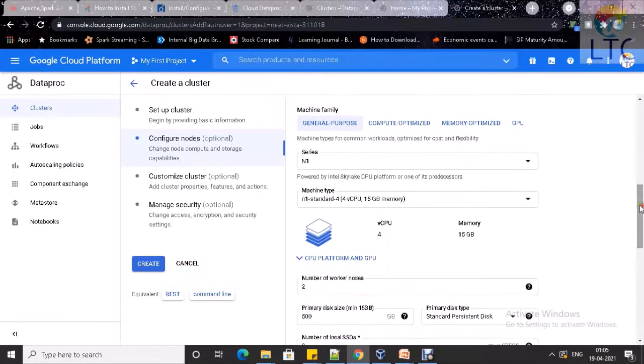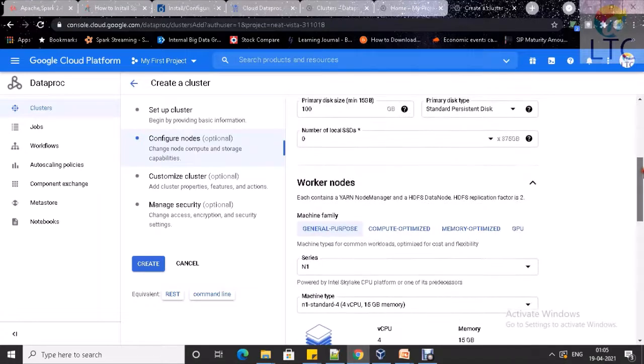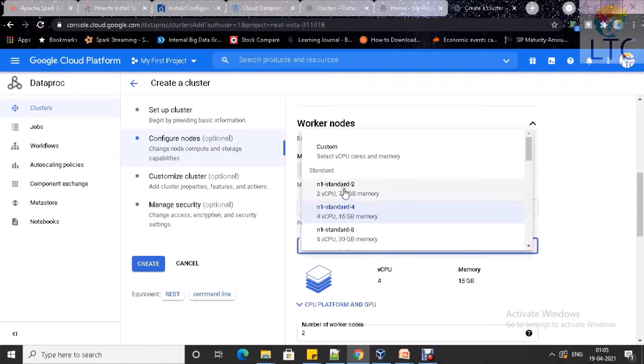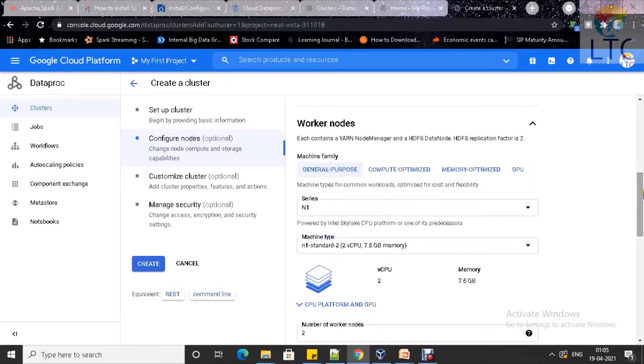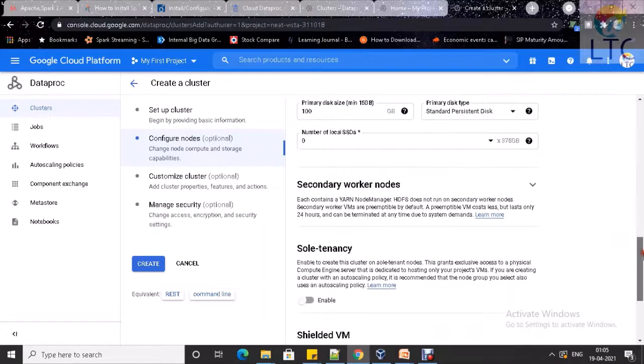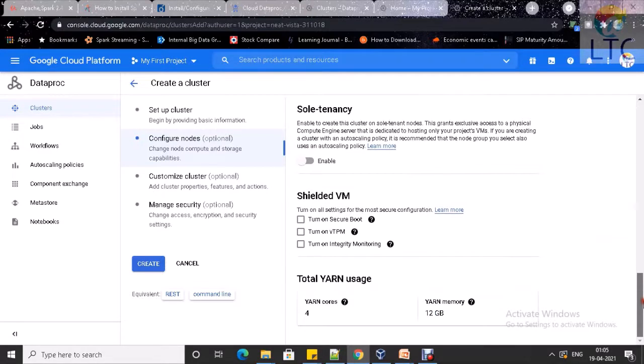Then we will have worker nodes. For worker nodes we'll go with 2 CPU and 7.5 GB RAM. That much is enough. Again only 100 GB. That's it. Click on create.